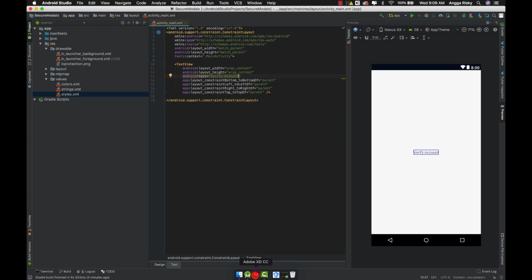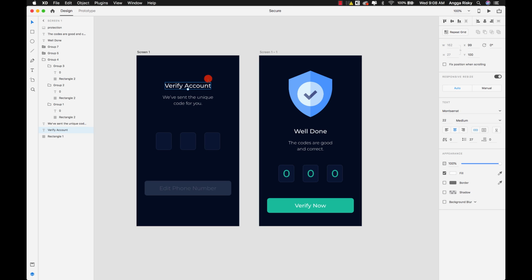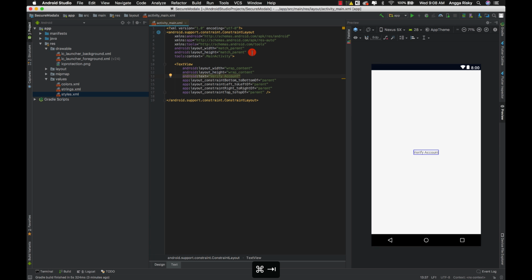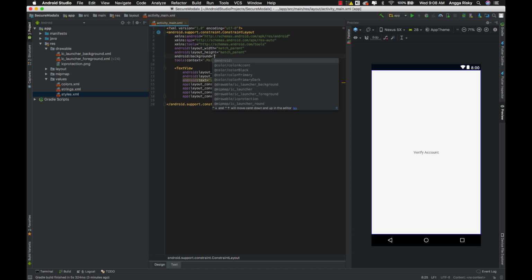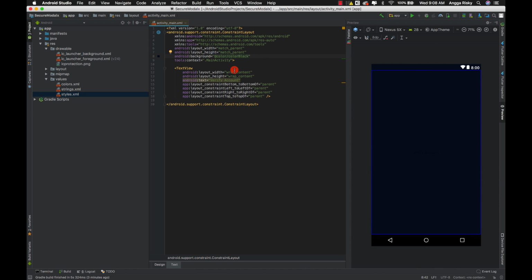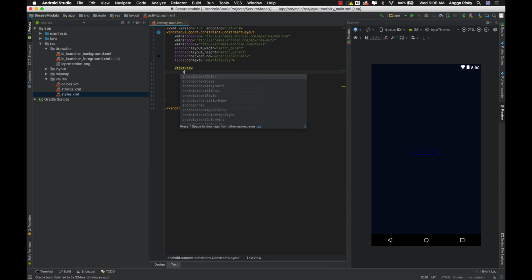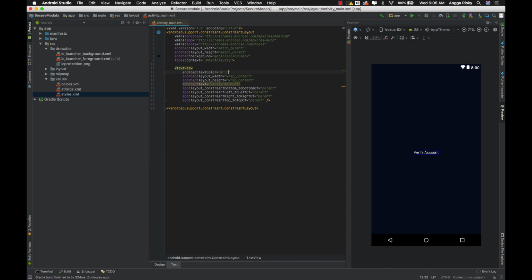If we look at Adobe XD, the background is the same black, so we have to change the background color to black. For this text field, it's supposed to be FFF with text size 24 sp.